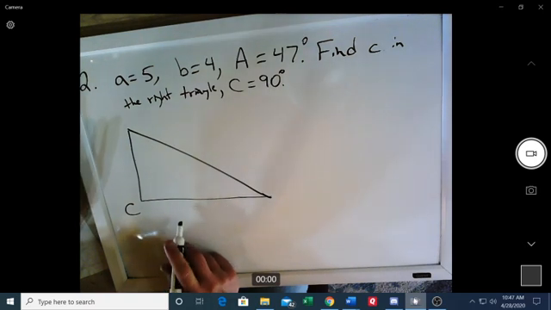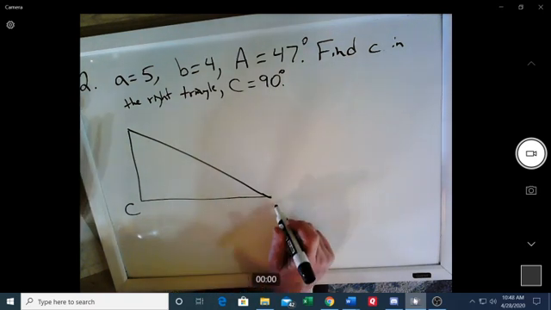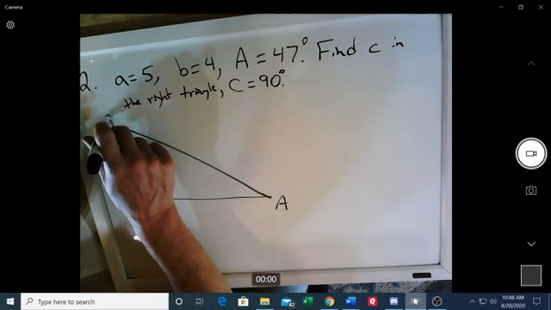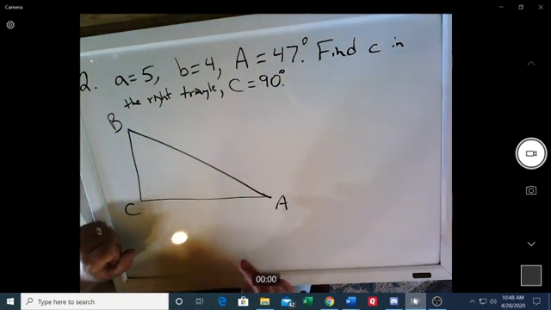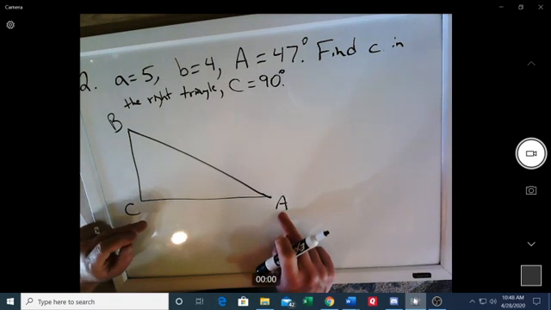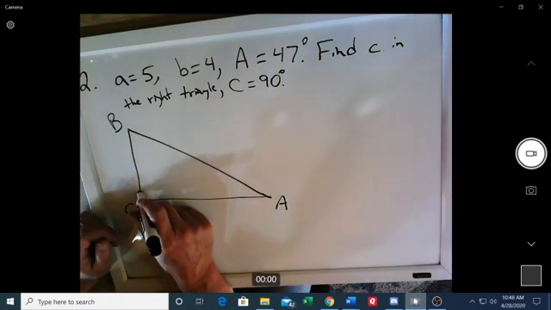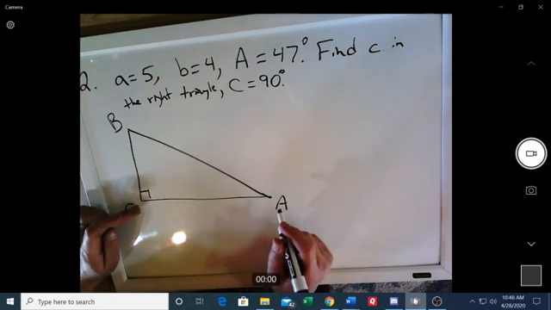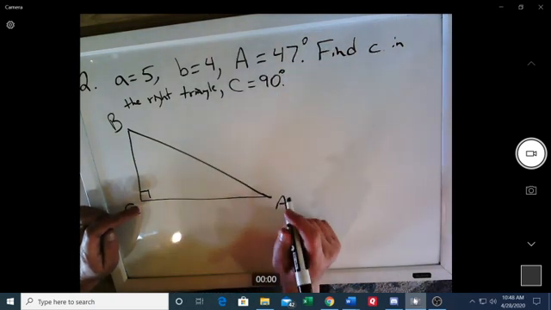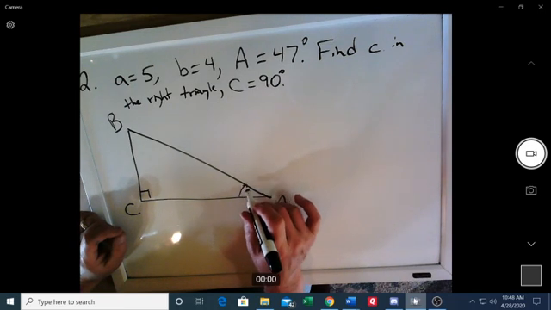And the other two are like A and B. Maybe this is A, B, C, or A, B, C, it doesn't matter. But opposite cap A, now these are the angles. So cap C is the 90 degree, and cap A, if it's a capital letter,